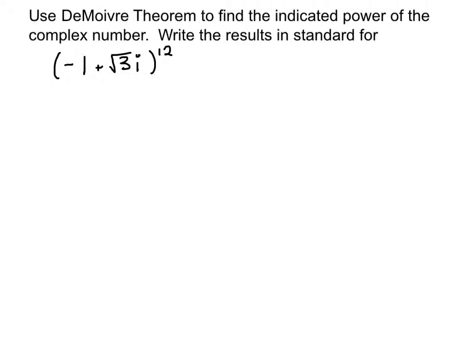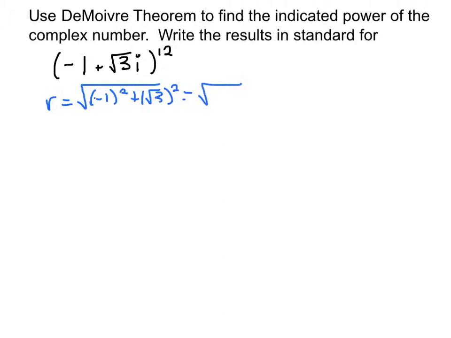Use De Moivre's theorem to find the indicated power of the complex number. We'll write our results in standard form. The first thing I need to do is find the radius. And the radius is the square root of x squared, which is negative 1 squared, plus rad 3 squared, which